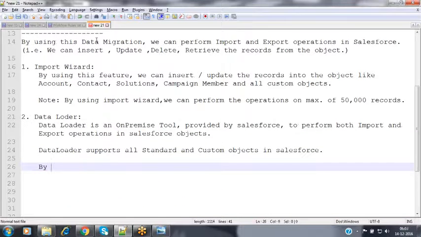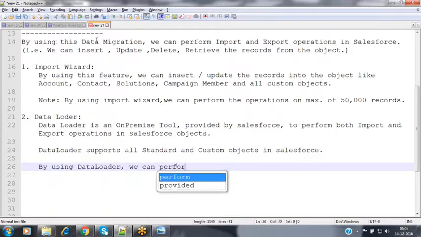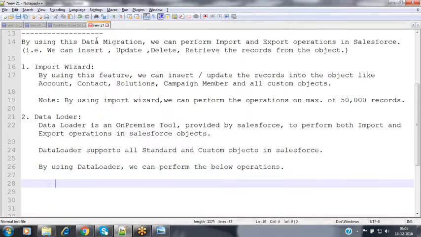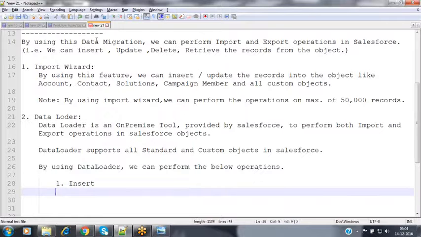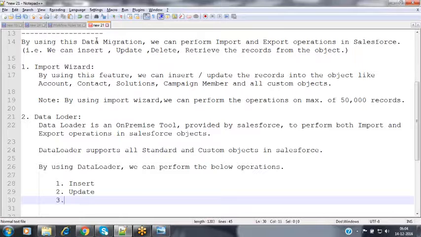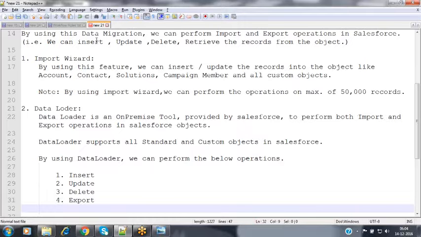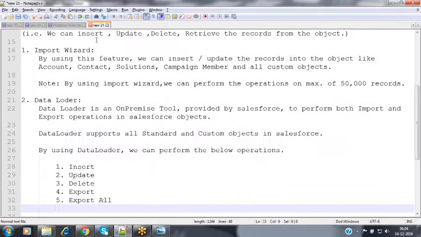Then what can we do? By using Data Loader, we can perform the below operations. The first one, insert; then update; then delete; and export. The fifth one, export all.